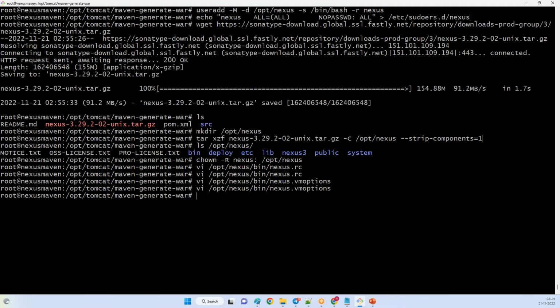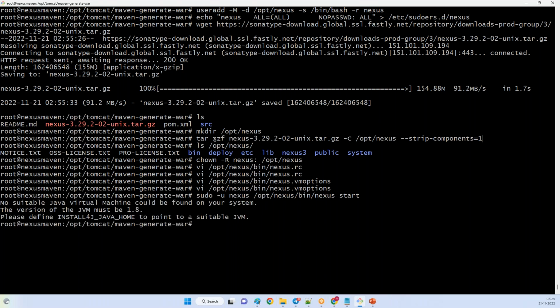So now you can start your Nexus. You can use the command /opt/nexus/bin/nexus start. The version of JVM must be 1.8. So let me install Java 1.8 as well.